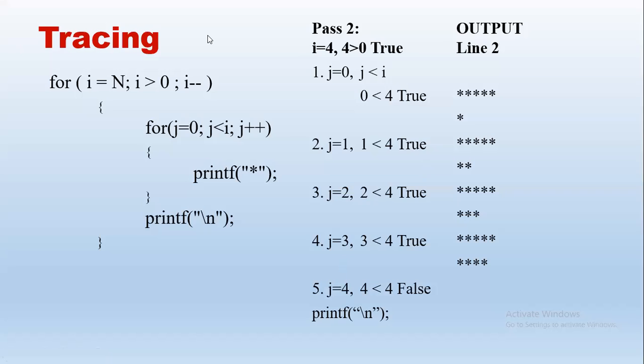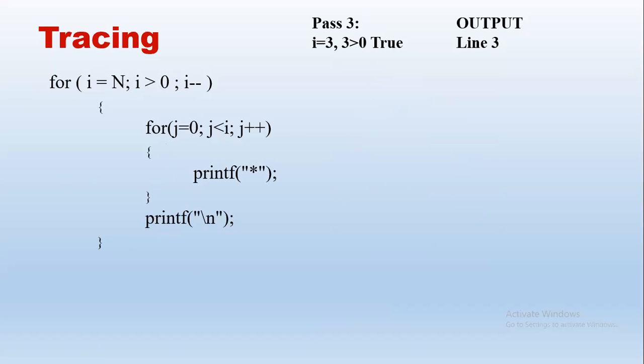Yes. Okay. So in pass 2, in line 2, we got the values. So this is completion of pass 2 because the condition for j is false. We have a new line and then next i has to be decremented. i was 4. What happens next? i has to be decremented. So i was 4, it will be decremented, 4 minus 1. That will be pass 3. 4 minus 1, i becomes 3.